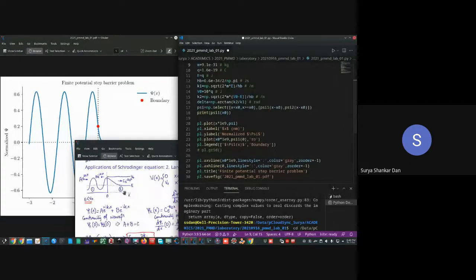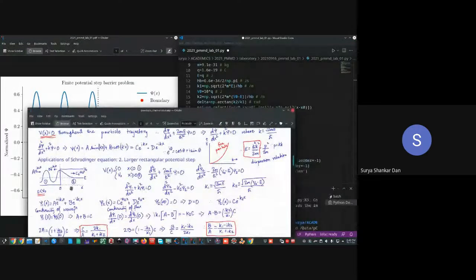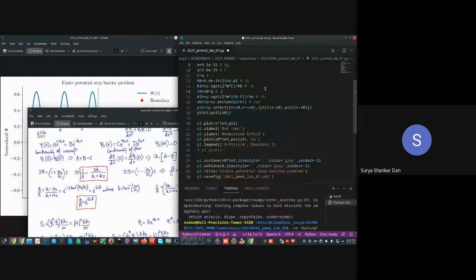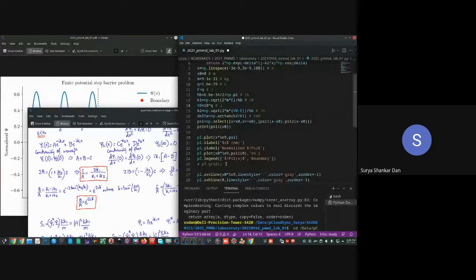What did we see in our actual class? As long as x is less than 0 we will have psi1, and when x is greater than 0 you will have psi2. The same thing I have written: when x is less than x0, notice I have not put 0 here. Many of you have directly put 0. Let's make it a variable. Although we have started with x0 equal to 0, later on I am going to shift that junction and we will see what the influence is on the wave function. Then x is less than x0, and the other one is x greater than or equal to x0.